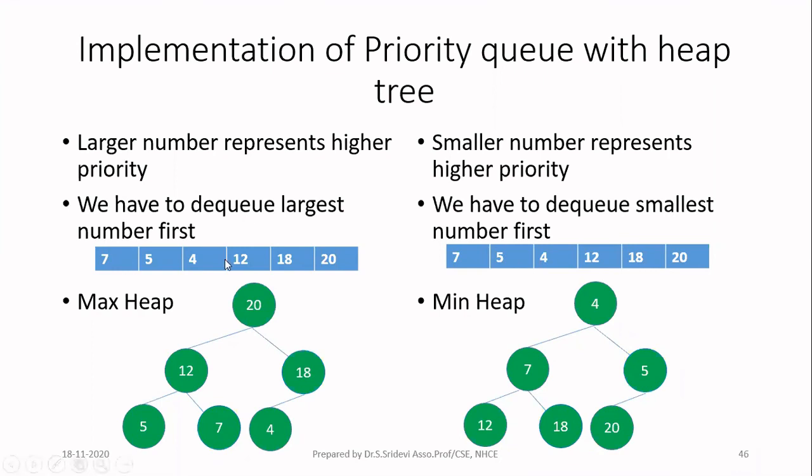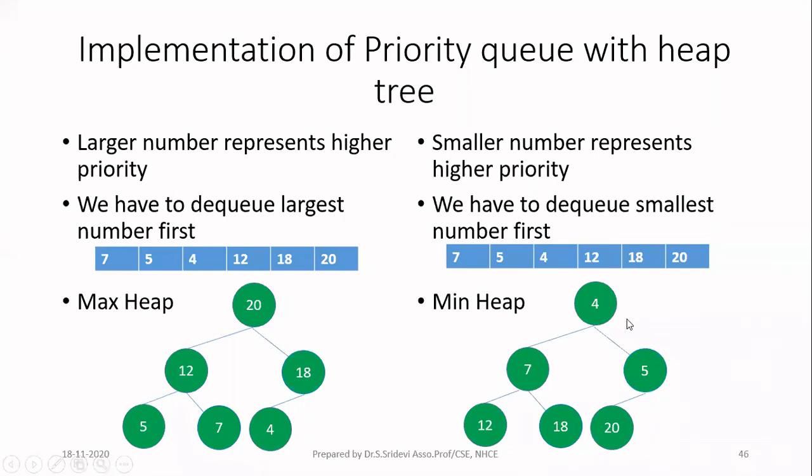Okay, so this is how you can implement the priority queue with the help of max heap. Similarly, you can implement priority queue with the help of a min heap also. So in which condition will you use min heap? You will use min heap if your smaller number represents higher priority, because in case of the min heap, the root will be the smallest number in that particular tree. So when you want to delete, you have to delete the smallest number because that has the highest priority. So simply delete the root node.